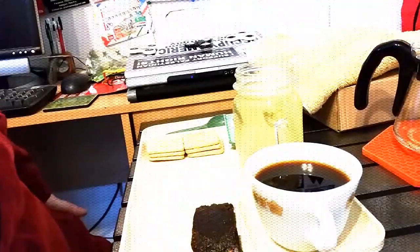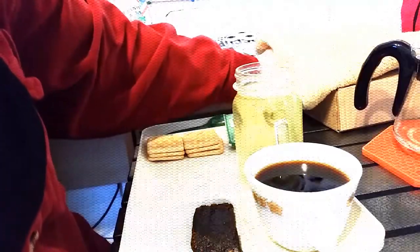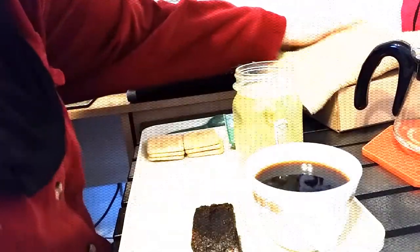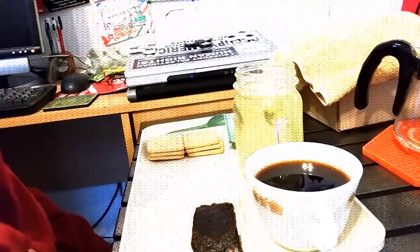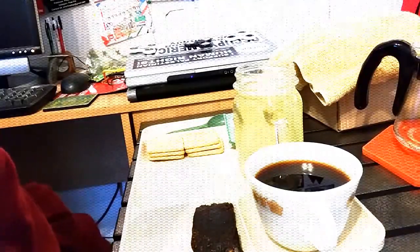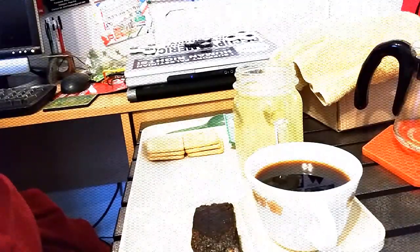So I think I'm going to pause this for a little bit, and I want to wait for the ration heater to completely do its thing. I pulled a 2012 ration heater for this. I got it wrapped up in this towel to keep the heat in. I bought a bunch of ration heaters last year on eBay, and later on this year I will get some more because after the 3 that I used today, I will have 2 left, and I want to have a few more because